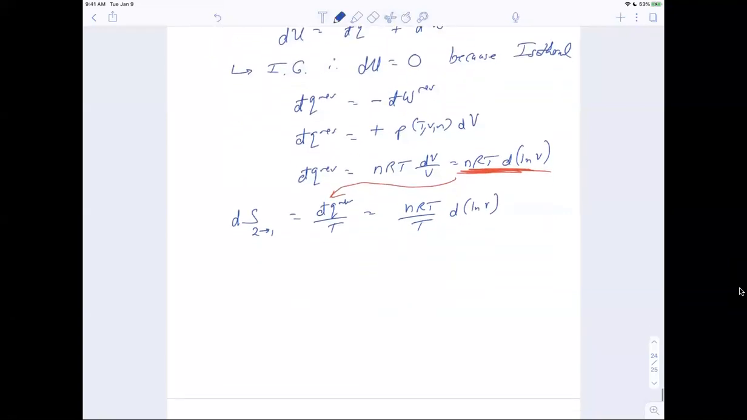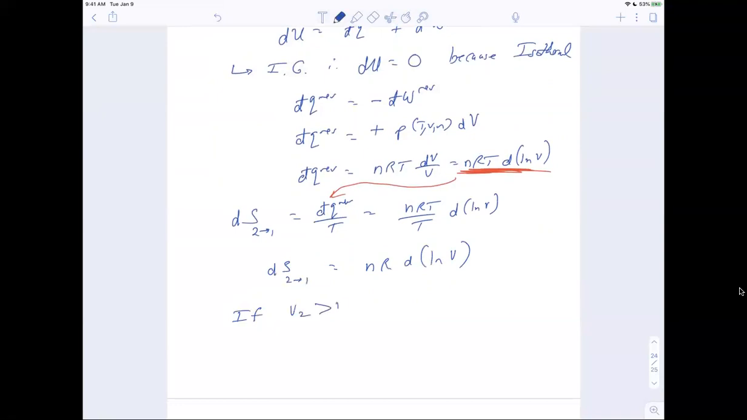Okay, the T's cancel. So that leaves us with dS for going from 2 to 1 is equal to nR d natural log V. Okay, any questions? Okay, so now if